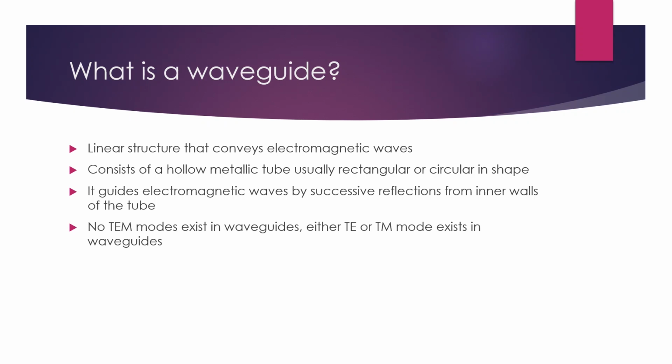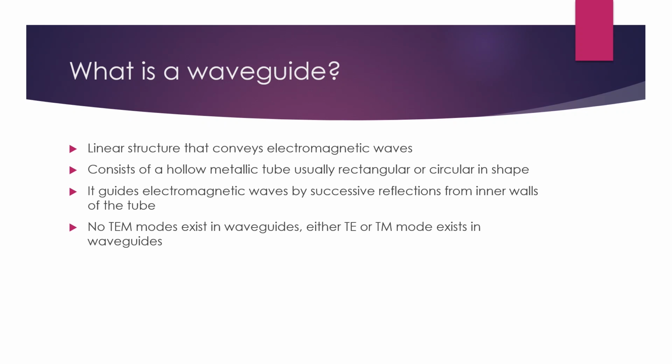That means we are familiar with TEM mode in transmission lines. In transmission lines, it is only TEM mode, that is transverse electromagnetic fields. If we assume that the wave is propagating in Z direction, then the electric field and magnetic field are perpendicular to each other, and propagation is perpendicular to the fields. That means if it is propagating in Z direction, both Ez and Hz are 0. Both electric and magnetic fields do not exist in the direction of propagation of the wave.